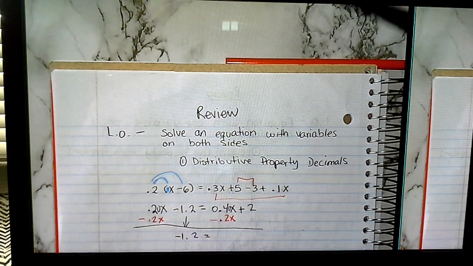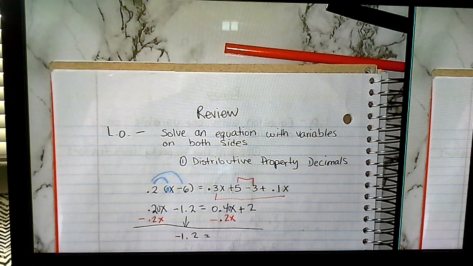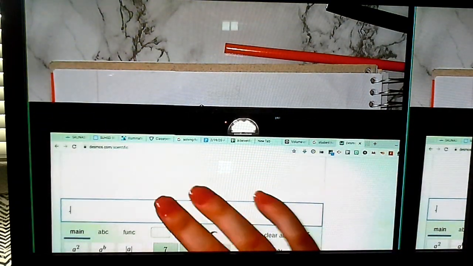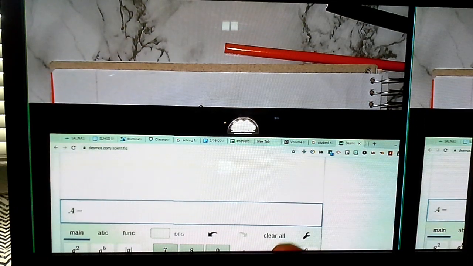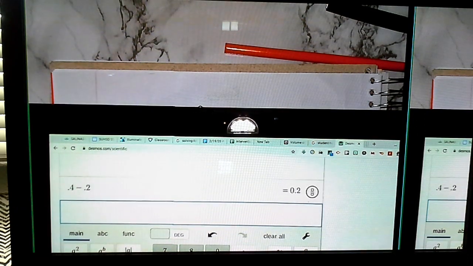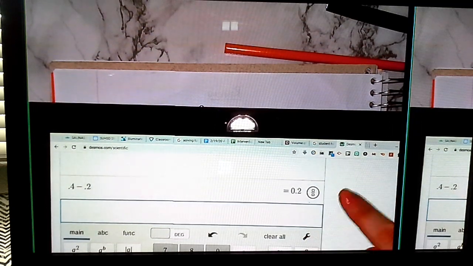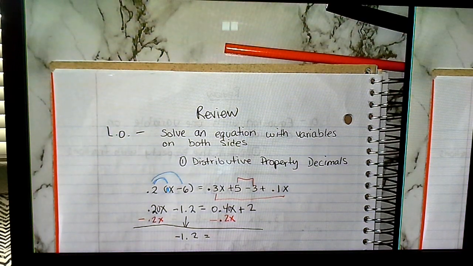If you're not quite sure what that is, you can again use the calculator really quickly. So I'll put this under, and we will do 0.4 minus 0.2, and that gives me 0.2. So we're going to go ahead and again leave it as a decimal. Don't push the fraction button. So we're going to have 0.2